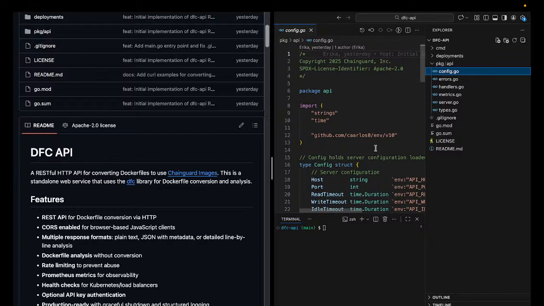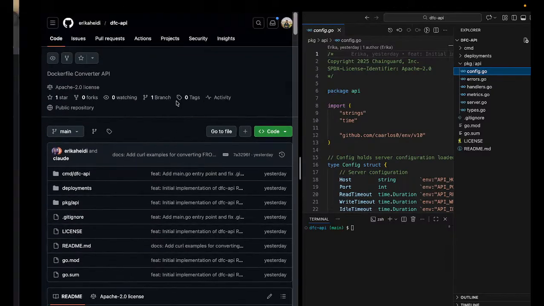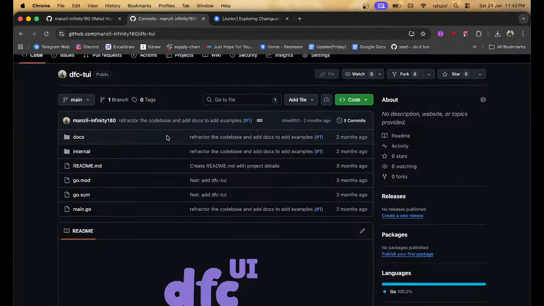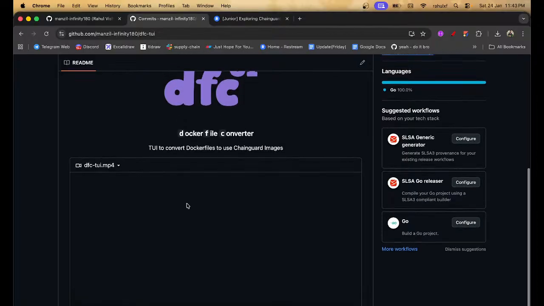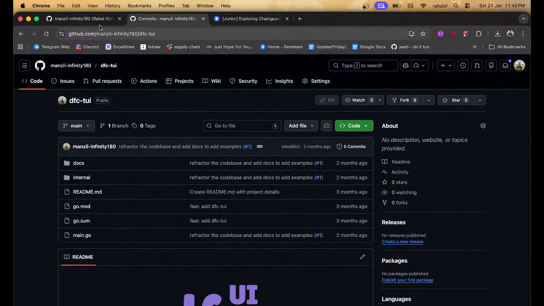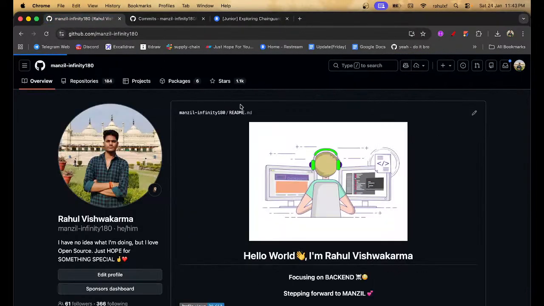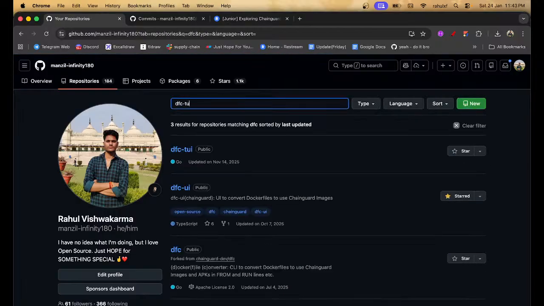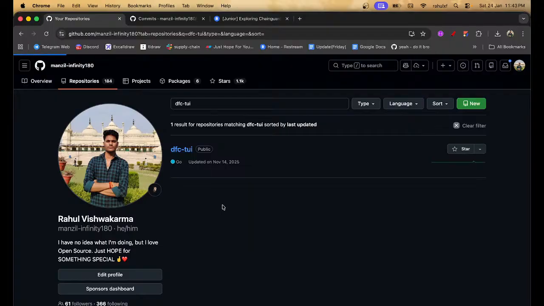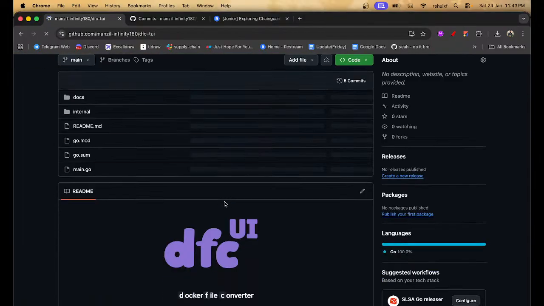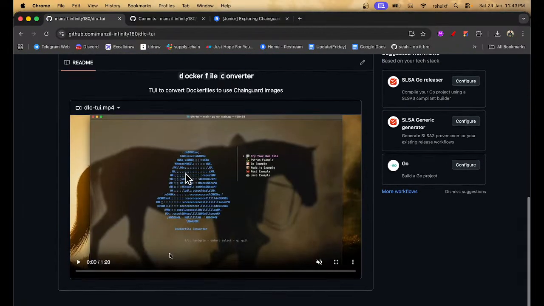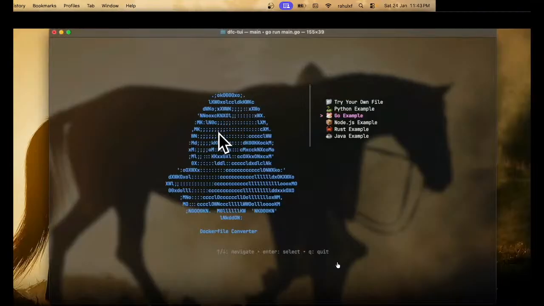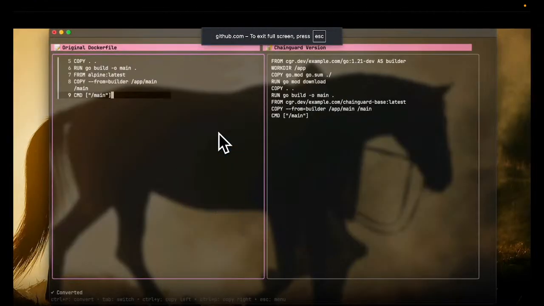So I think we already have, if you can see, I already have a DFC UI. Also, I have a DFC TUI, so it was terminal based. If you see the video, you would see I got